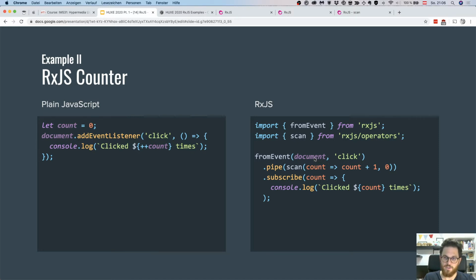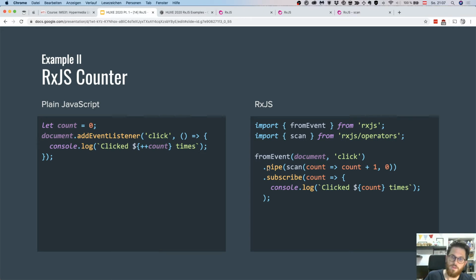And in the pipe function, I can put various operators. I can put my scan operator in the pipe function, or I can also put multiple operators in this pipe function. So my observable is piped through an operator and another operator, and out comes another observable,